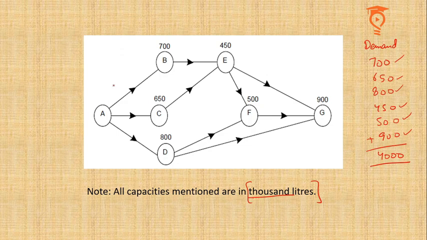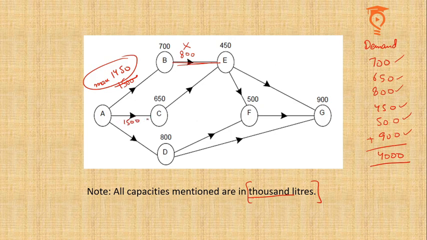Now you would feel that we can send 1500 plus 1500 plus 1000 or something like that, but the thing is, if you send 1500 over here, 700 will be consumed by B and then 800 has to be transported to E. But this is wrong, this cannot happen, because this pipe has a capacity of only 750, which means that we cannot send 1500, we can send a maximum of 1450 in this pipe. This is something new that we have understood.